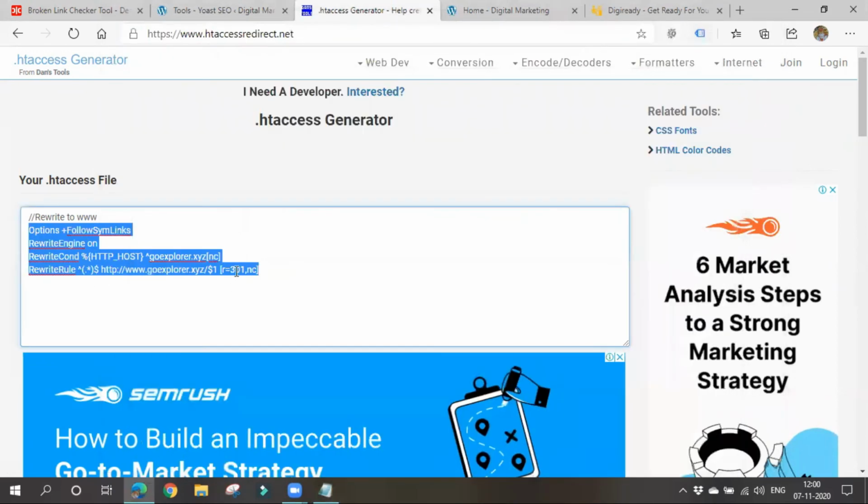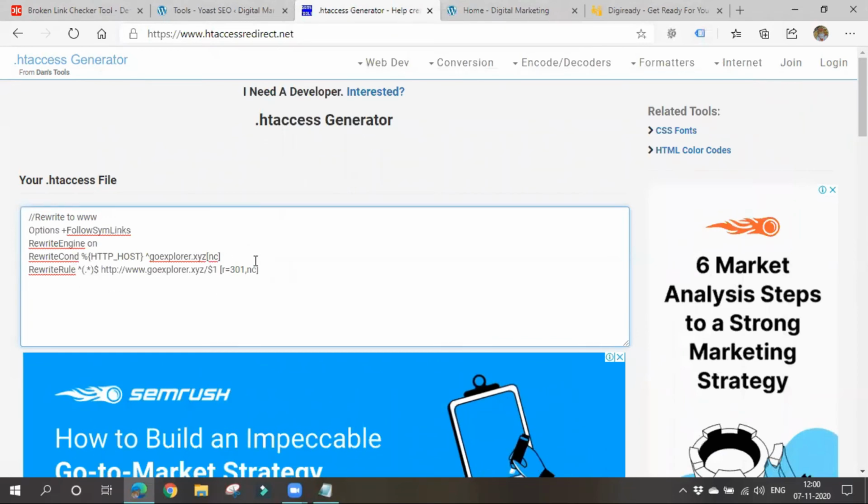Here you can see that before it is like this, goexplorer.xyz. After this, it will be converted to http://www.goexplorer.xyz. Like this, your website URL will get converted. If you see here, there is R=301.